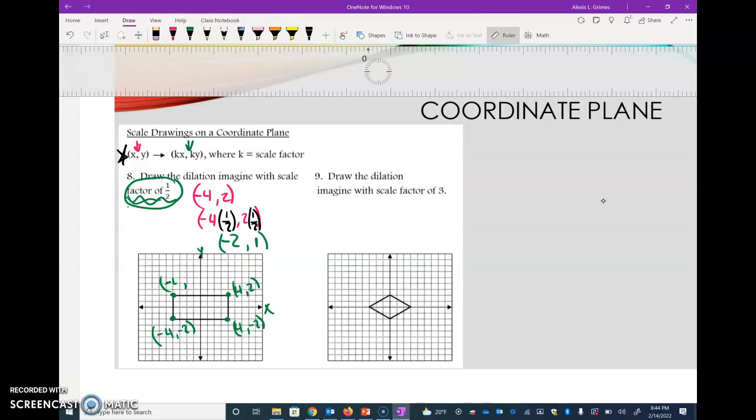I'm going to erase all these points. They're in my way now. But we're going to find all these new points. So again, original, image. And we'll plot all these new points. So that new spot is over -2, up 1. Oh, let's change the color here. When we find